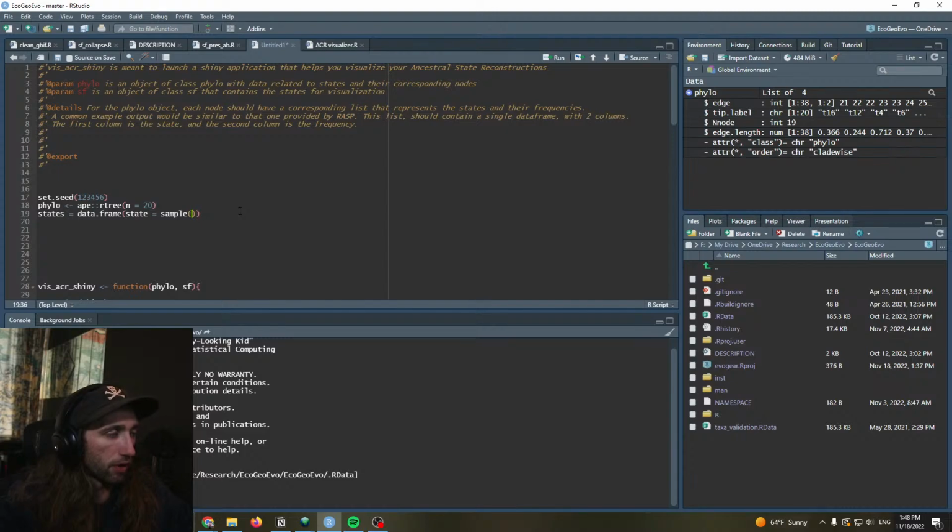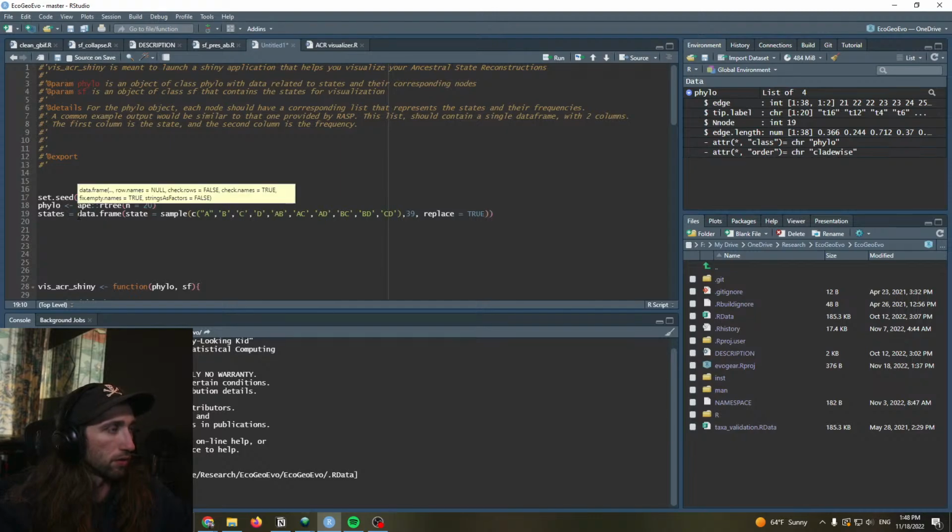And then boom. Okay, and then, yep, so we just have it states, data frame, wait, right, so it should be philo states